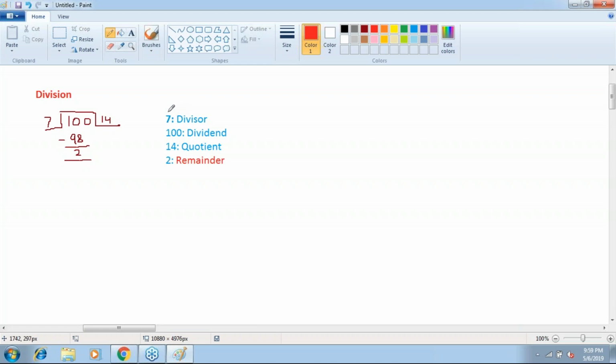What is the importance of remainder? We have been ignoring remainder since our childhood. We have always been very curious and focused about finding out the quotient only. But there are a lot of things which depend on remainder. For example,